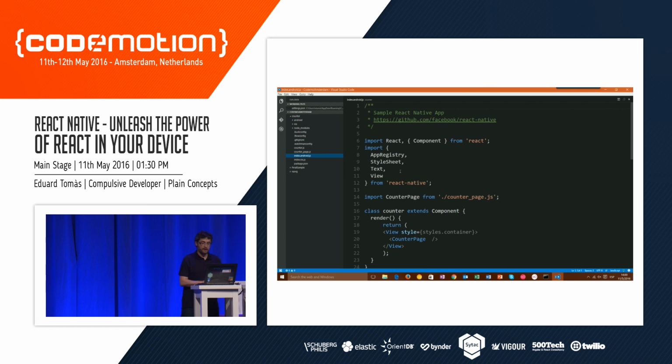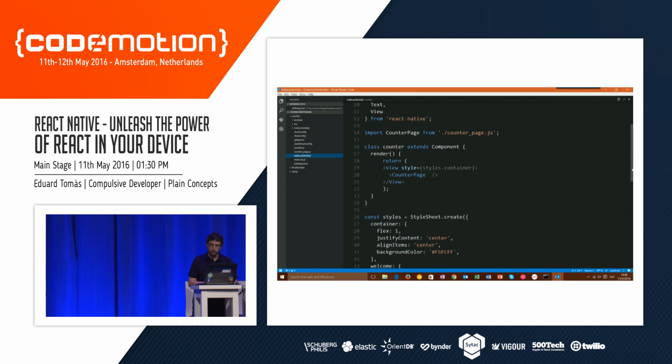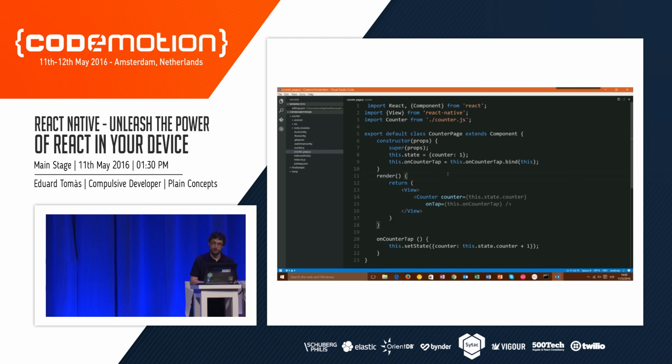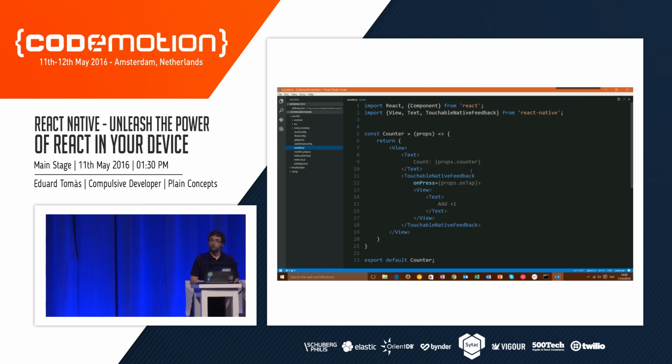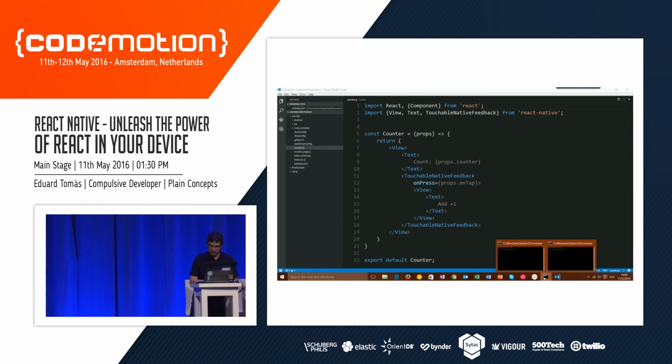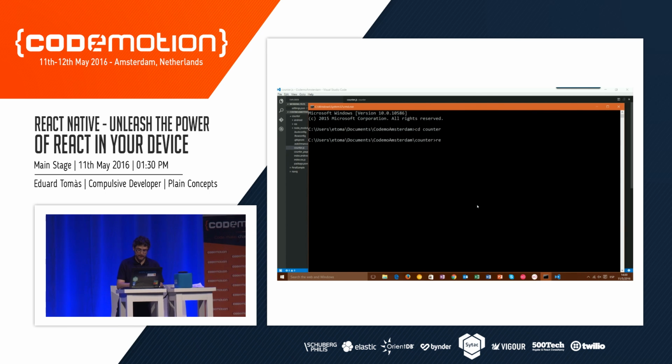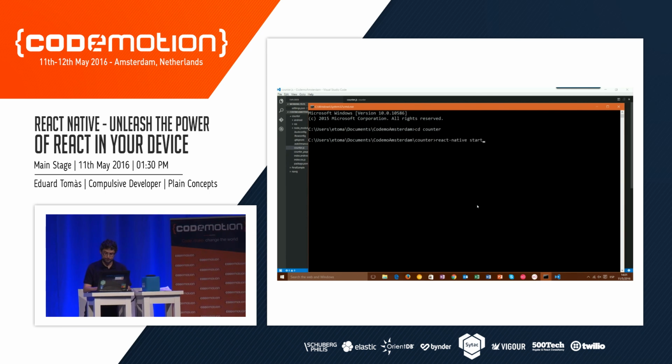Okay, and here I am using the ECMAScript 6 modules. This is the main page, the main component, created by the scaffolding with the basic styles, which are created by react-native init. This is the counter page we had previously, and this is the counter. Okay, and how can I start that? I go to where the project is, and I use react-native